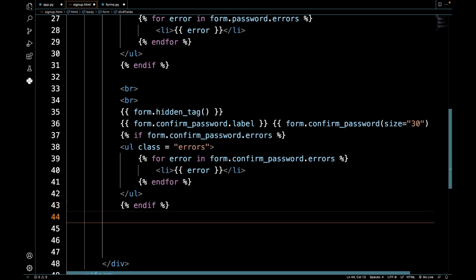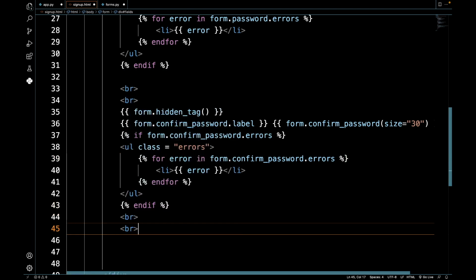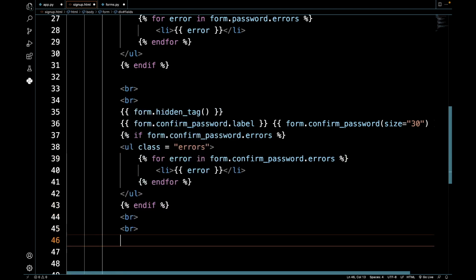And then after I have these, after 2 breaks, which means another 2 line spaces, I can safely just